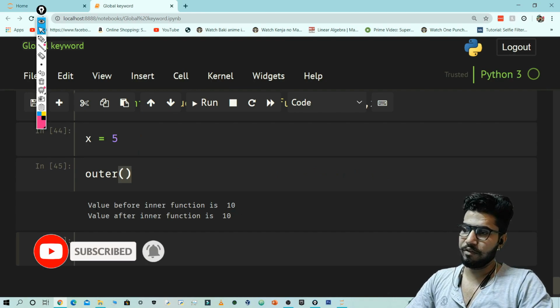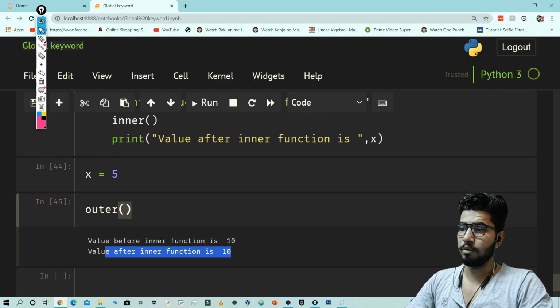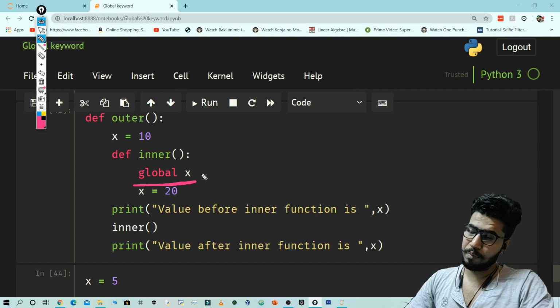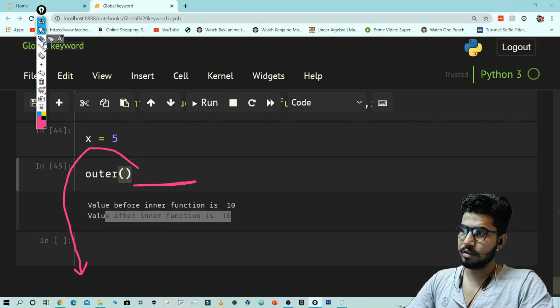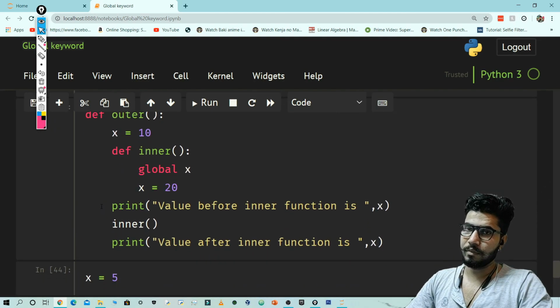And as you can see here, the value before the inner function is 10, and the value after the inner function is also 10, because when you say global, it affects the most global variable, which is this. So now if I print x here, it should give me 20, and it is giving me 20.